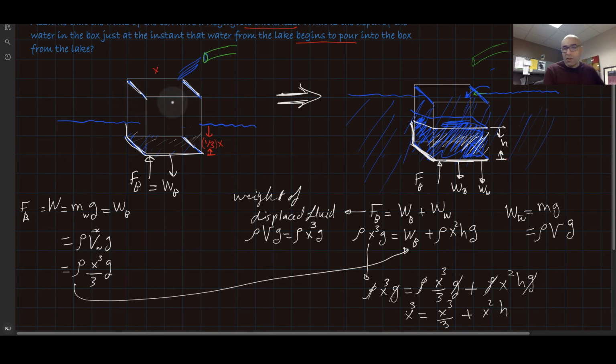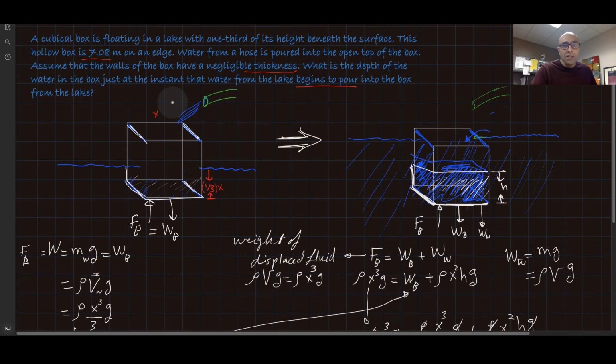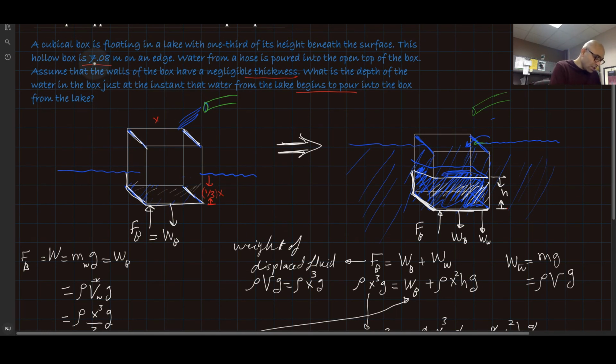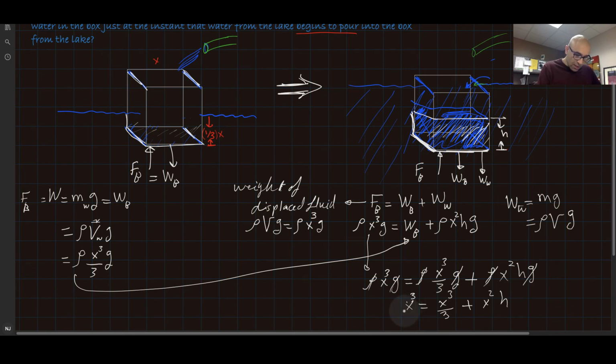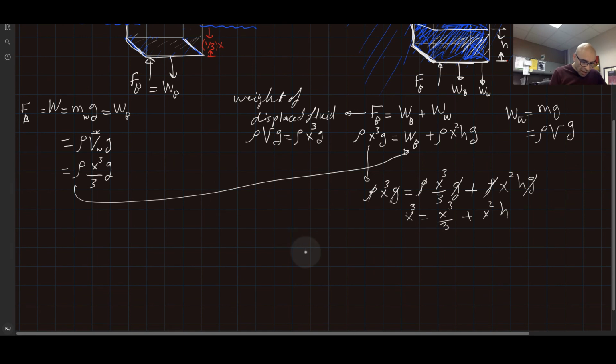Here we have it as, for example, 7.08. Some problems will have different dimensions, but once you plug that in, this is the equation. For my problem, x was equal to